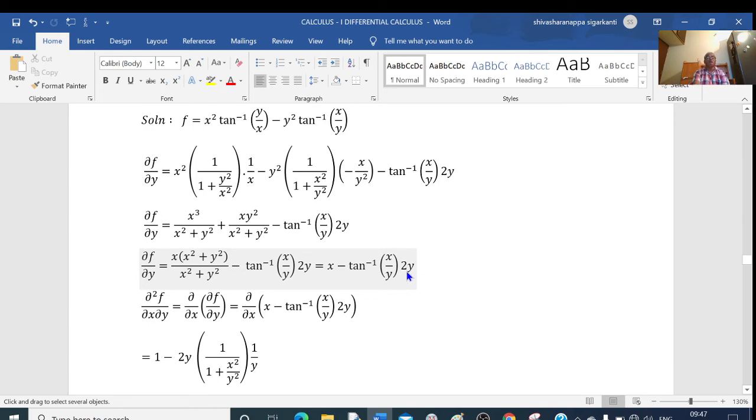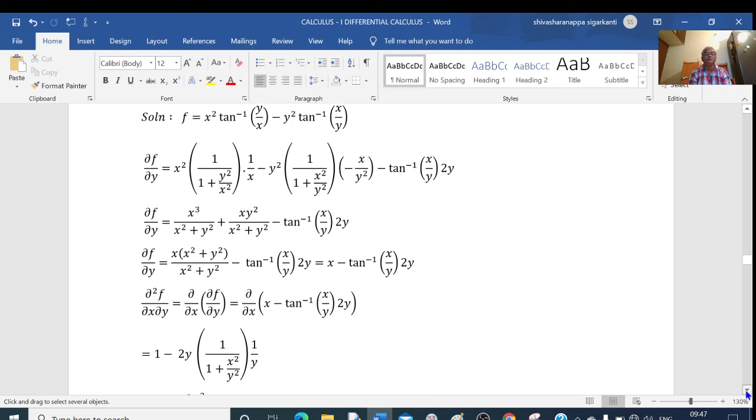This is our ∂f/∂y. Next, differentiating this with respect to x, that is ∂²f/∂x∂y is equal to ∂/∂x of ∂f/∂y. That is ∂/∂x of ∂f/∂y, which is nothing but x minus tan inverse x by y into 2y. Okay, so this is equal to